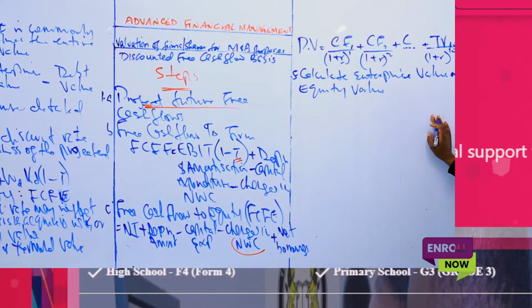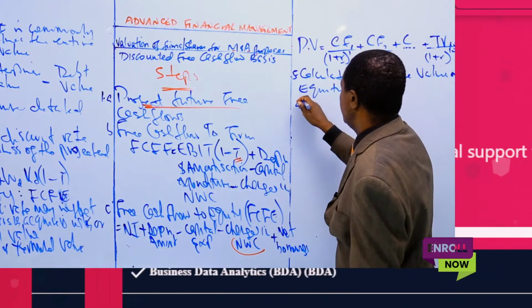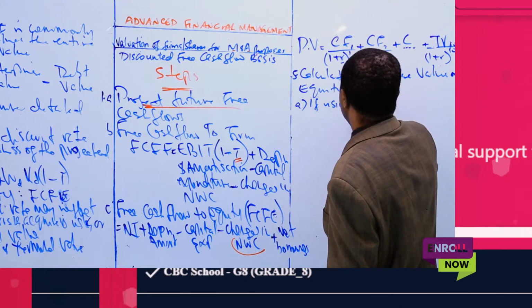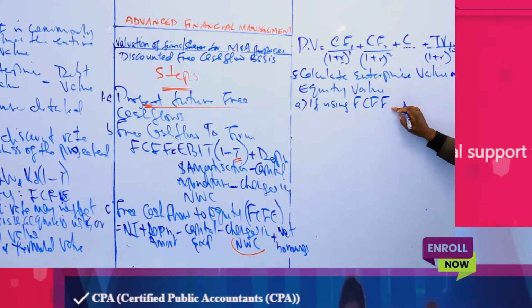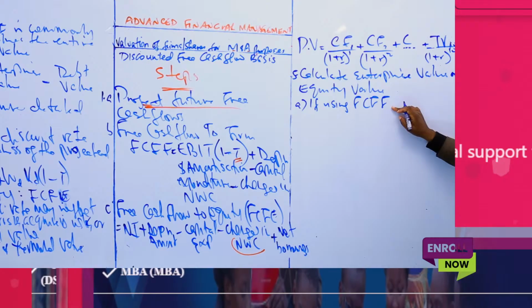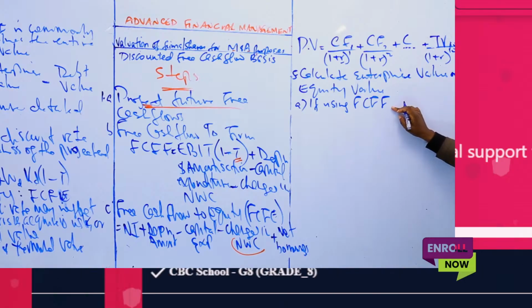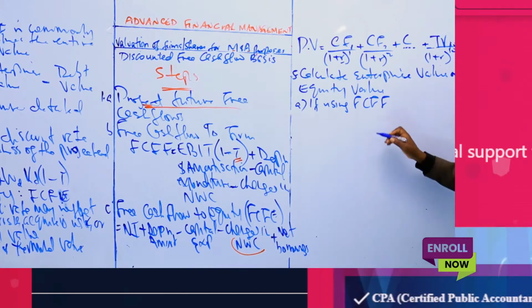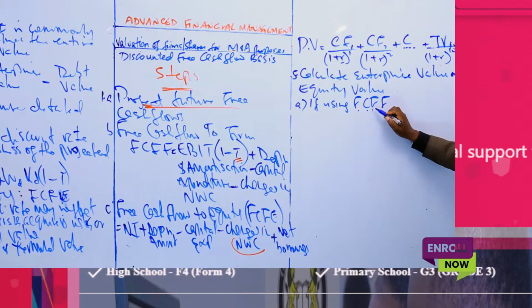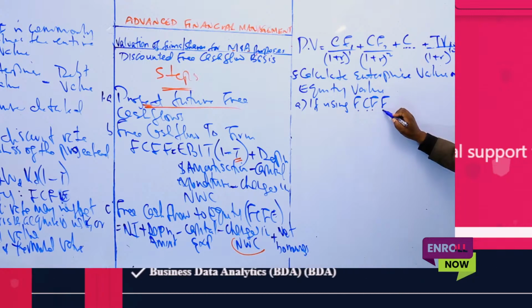Now, if using free cash flow to firm, what did we say? We say that the free cash flow to firm, we use the sum of the present values of the discounted free cash flows and the terminal value equal to the enterprise value. You understand? If using free cash flow to firm, the sum of the present values of the discounted free cash flows and the terminal value,